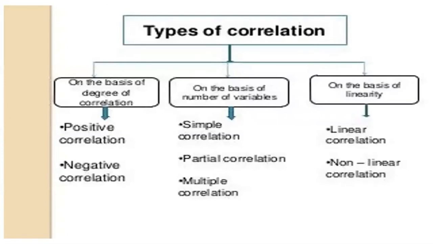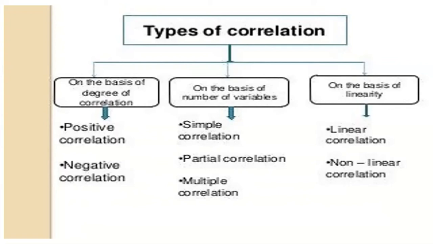Now let's see what are the types of correlation. Here is a chart which classifies correlation in three categories. On the basis of degree of correlation, PN means positive and negative correlation. On the basis of number of variables,